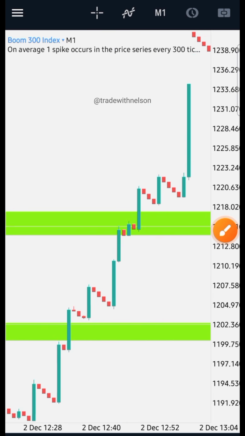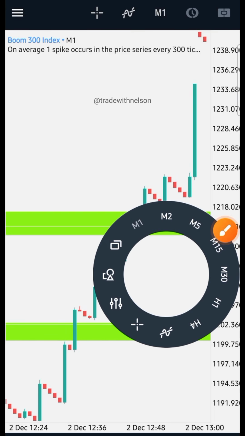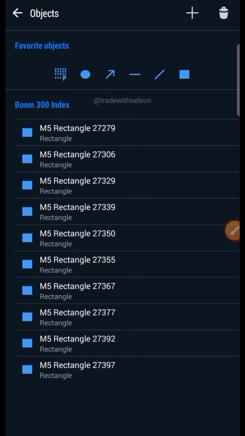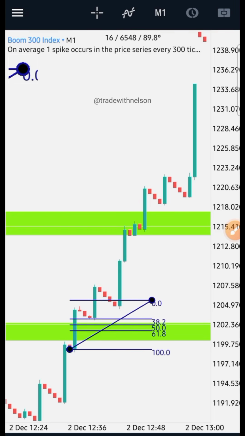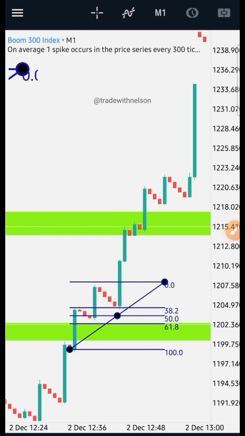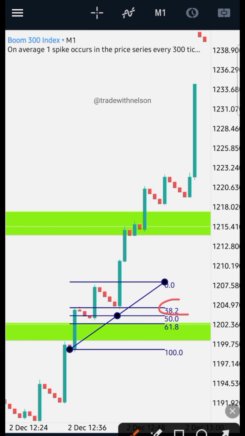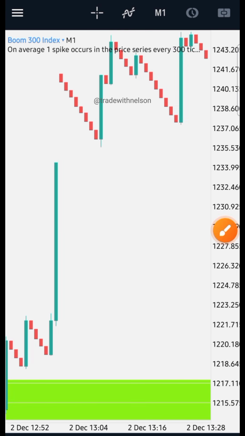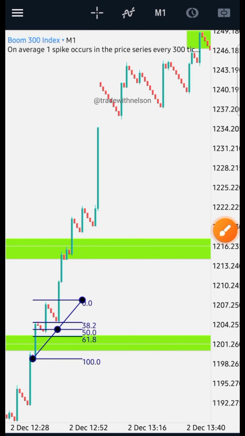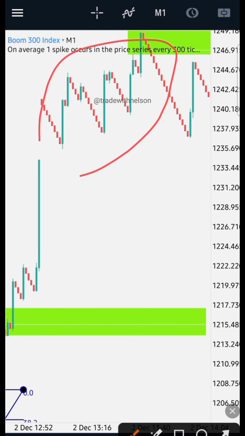Immediately you see this retracement. I've taught you how to use Fib to enter a trade. So let's say from this zone to this point, it does not touch. But if we take to this point, we see that it comes to the 38.2 level at this point. And from that, everything else is a better tomorrow. Spike, spike, spike, it continues to spike to the upside until we reach this level